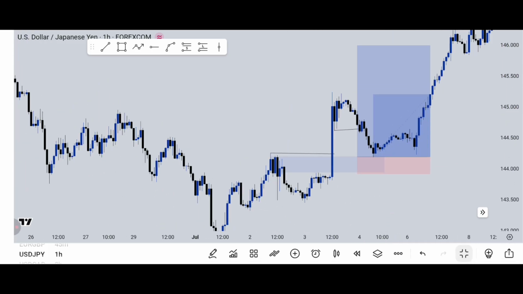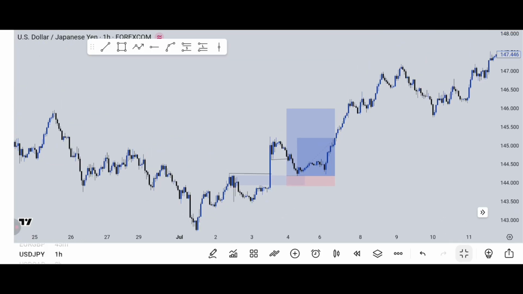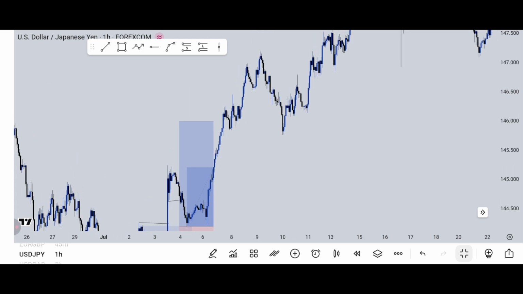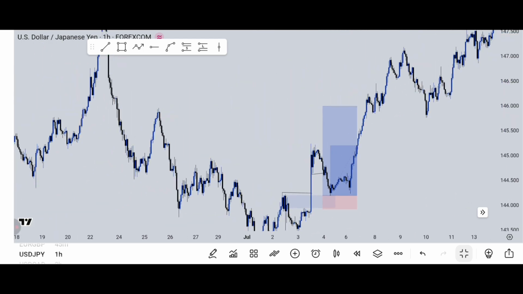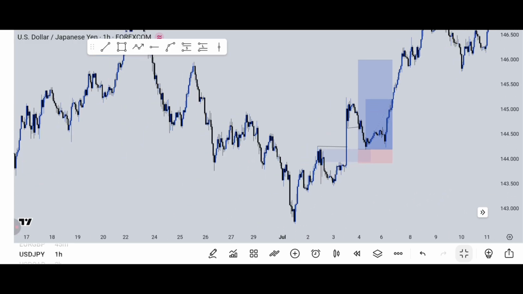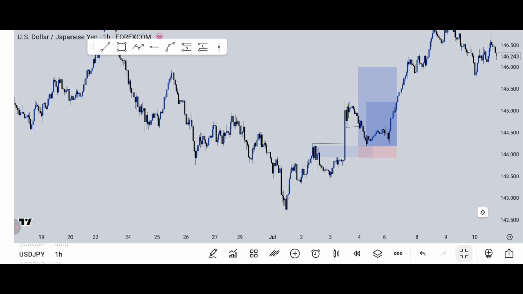So this is just an easy strategy. You can backtest and learn the art of the double breaker structure. Sometimes a single breaker structure fails most times because it gives you fake information. It just gives you noise. To cut out that noise, this double breaker structure is advisable to trade. This is the best way of marking your breaker structure. So just take your time and backtest this thing.